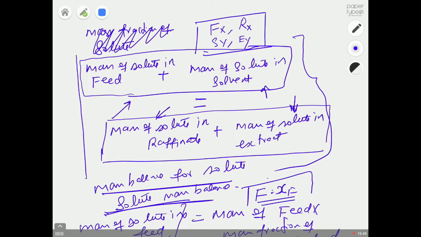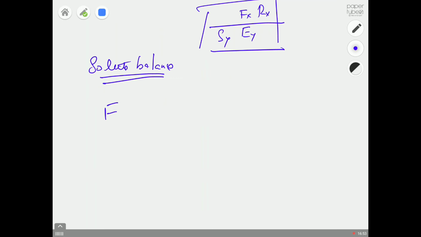So that will be nothing but F xf plus S1 ys equal to E1 y1 plus R1 x1, and